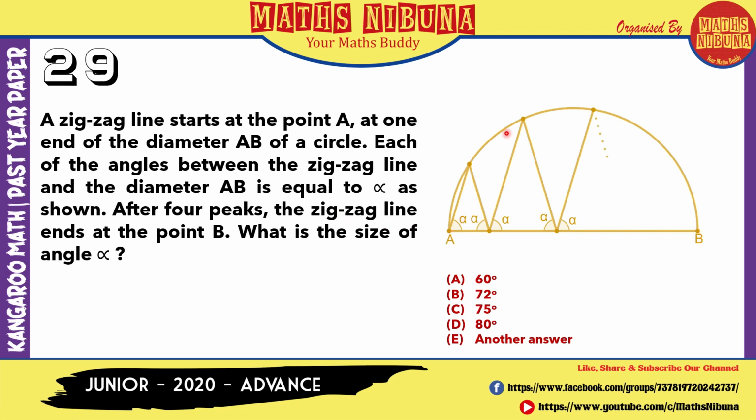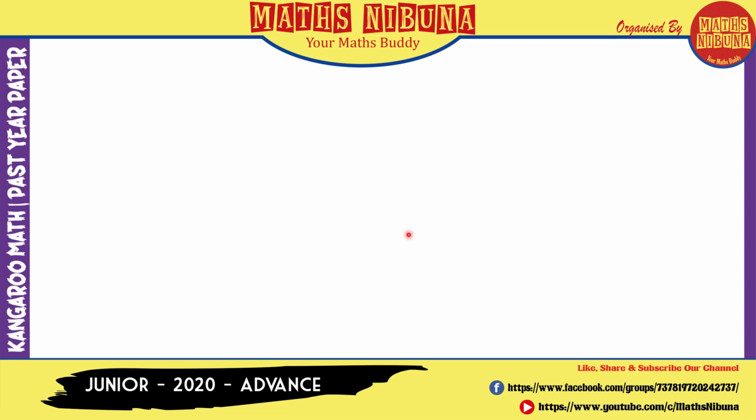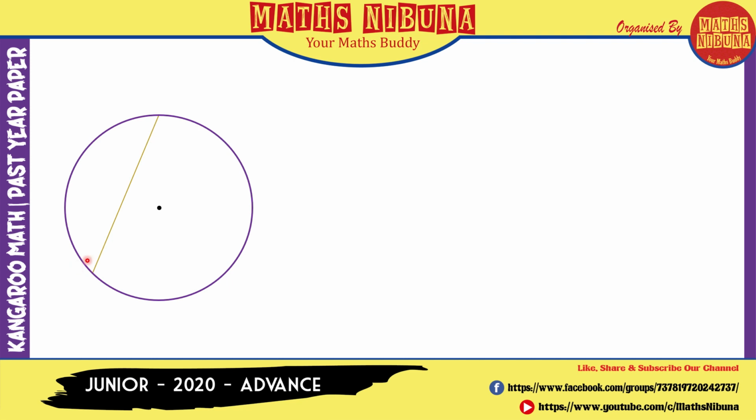Before doing this question, we have to know one property of the circumference and the inscribed angle. Okay, the angle of an inscribed circle. Let's say we have a circle. This is the center. We have one line from this point on the circumference to another point on the circumference, and another line from here to here.